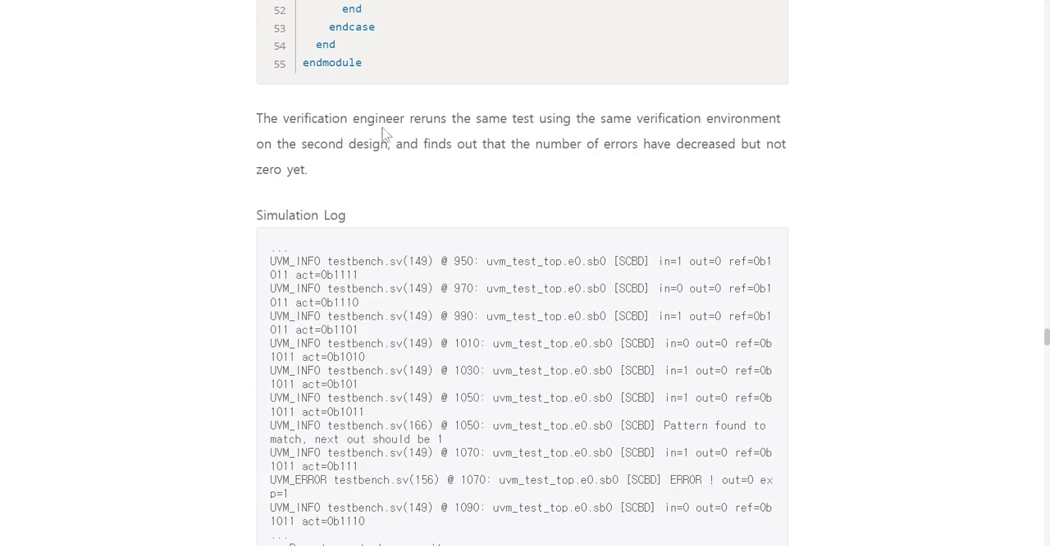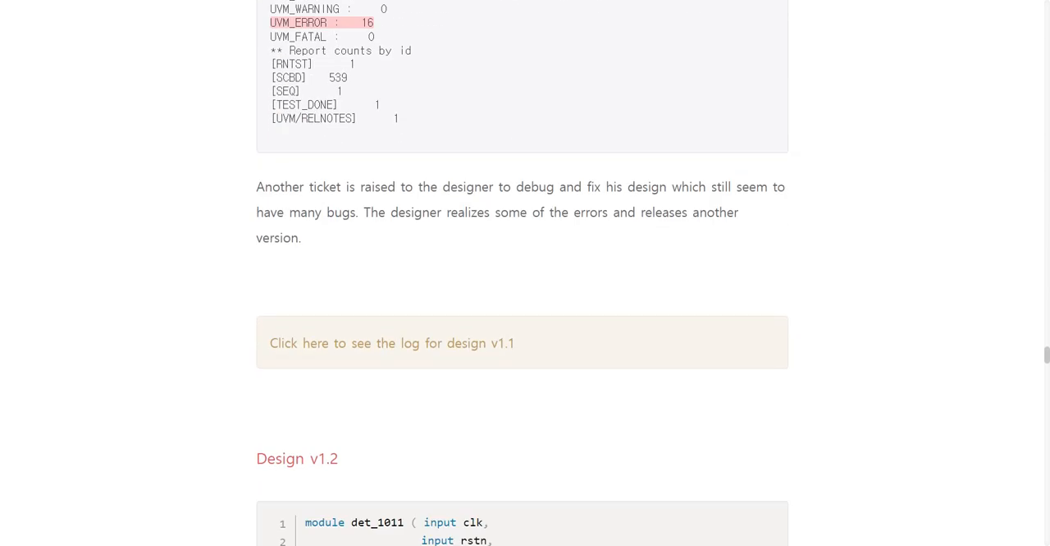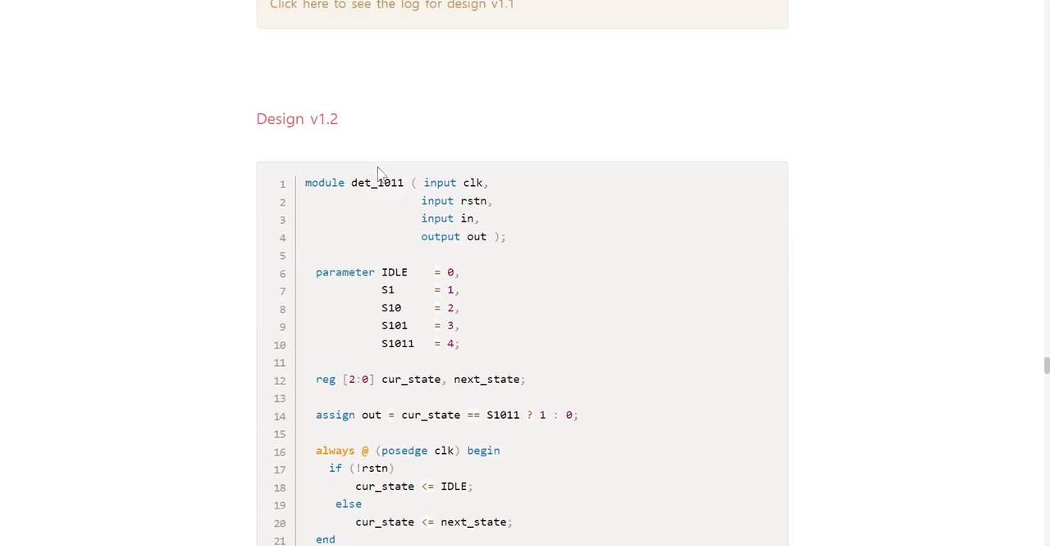The verification engineer reruns the same test using the same verification environment on the second design, and found out that the number of errors has decreased but is not zero yet. Another ticket is raised to the designer to debug and fix his design, which still seems to have many bugs. The designer realizes some of the errors and releases another version. Design 1.2